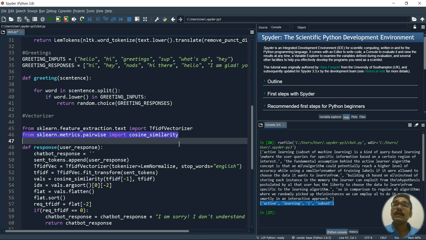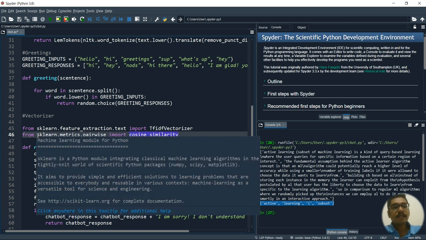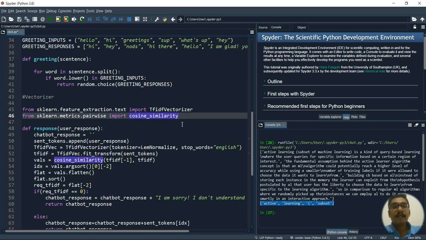But when it comes to comparing documents where magnitude doesn't matter, by magnitude I mean the size or the value, you go with the cosine distance. Cosine is basically to get the direction. So for that you have the cosine similarity, which is present in sklearn metrics dot pairwise. From that I am using the cosine similarity.